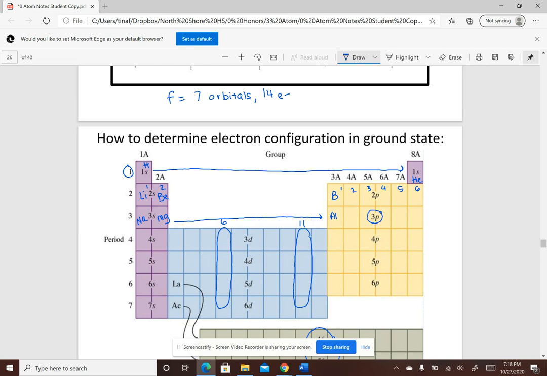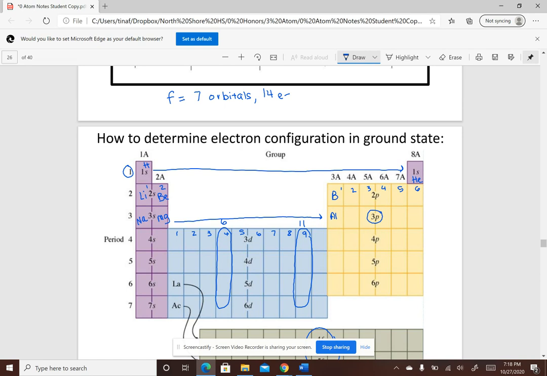And on your chemistry reference tables, these groups are numbered. On your periodic table that you're going to have for this unit, they are not numbered for you. So you can go ahead and number all the columns if you want. So basically, if I look at group 6 and 11, group 6 is 1, 2, 3, the 4th spot over in the D block. And 11 is 5, 6, 7, 8, the 9th spot over in the D block.